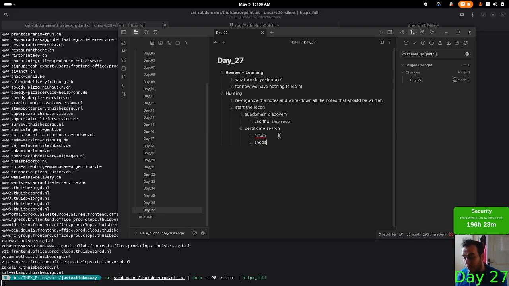I want to try to go to shodan.io, but it's not working for today. For tomorrow, I'm going to create an account for this website,